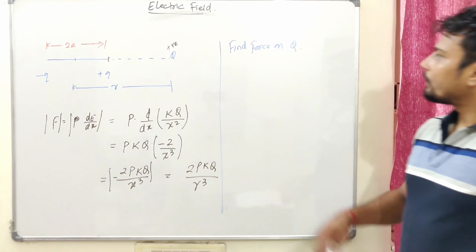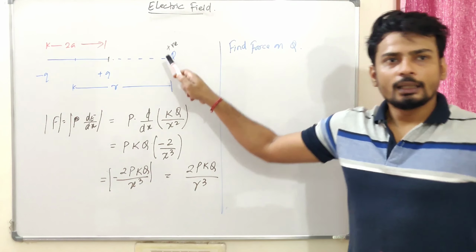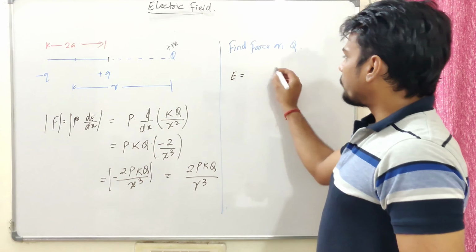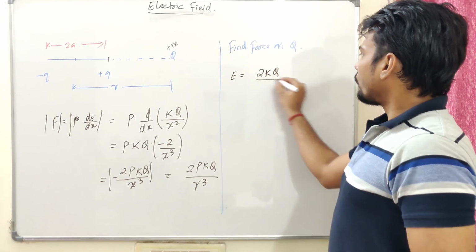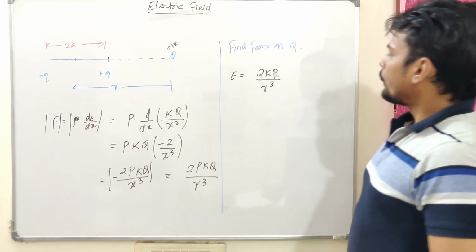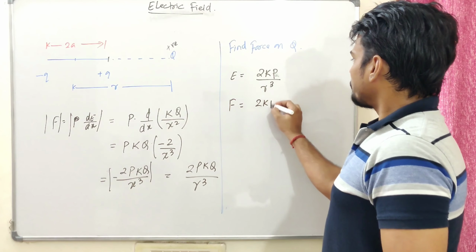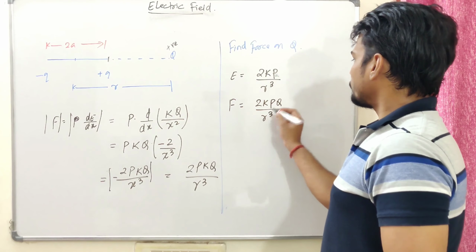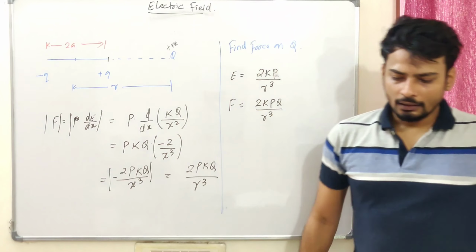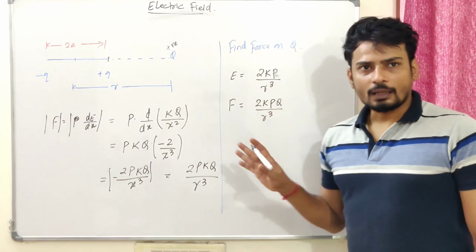Now if I talk about the force on this charge because of this dipole, I should find the electric field at this particular point because of this dipole, and then I can find the force. We know that the electric field on the axis of a dipole is nothing but 2kp over r cube. So the force on this charge should be 2kpq over r cube, and the same force will be experienced by this dipole, Newton's third law, action-reaction pair. This is a central force also, so that's going to be 2kpq by r cube. I'm sure you guys are done with this, right?